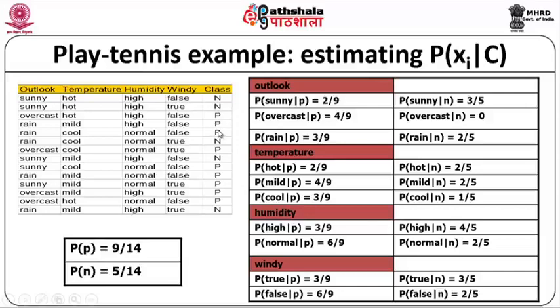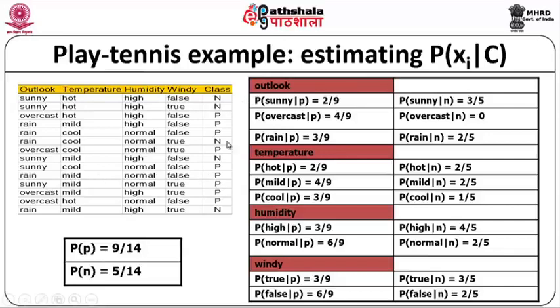Now let us take the class label p. Identify those records that contain the class label p as well as the outlook parameter sunny. Among these 14 records there are only 2 records that satisfy the given constraint, that is, it must have both the class label p as well as the outlook parameter sunny. This record contains the outlook parameter sunny and the class label p, and the other record, the 10th record, also contains the outlook parameter sunny and the class label p.